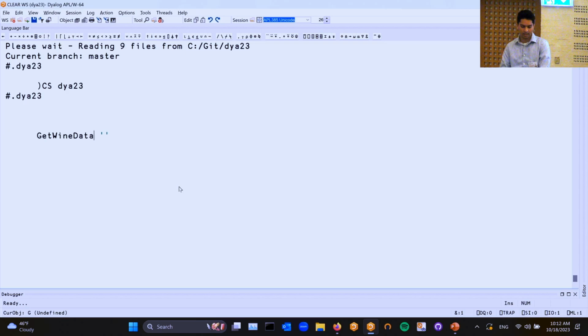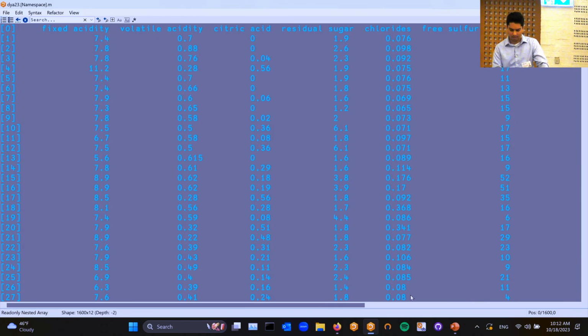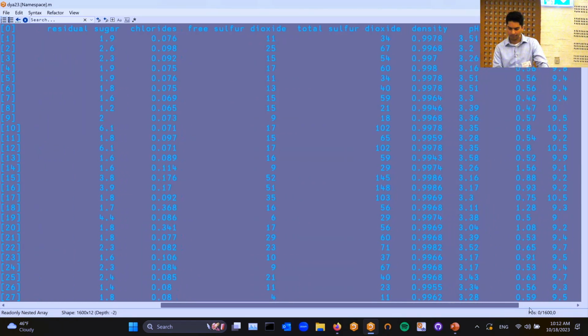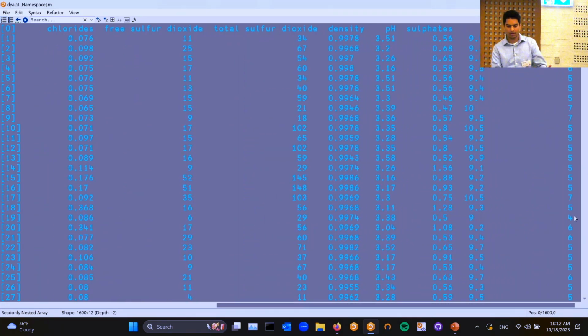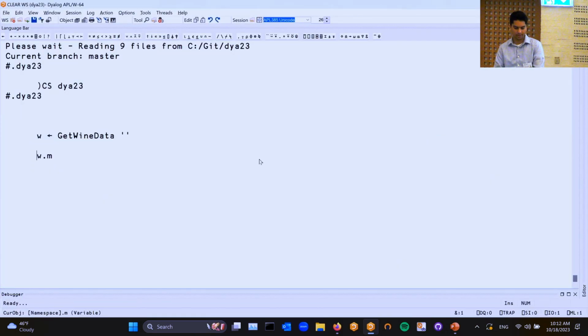If I have a data set, I'll call this W, and in it is a matrix of just wine data with a bunch of different properties here. And what we want to do is, they gave it a ranking here for the quality of the wine. So we want to see if we can create a model to use some of these and predict wine quality just by these other variables. One way we would get started with this library is, the first thing you want to do is